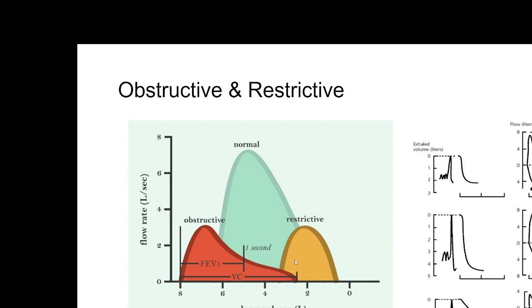The rate of respiration in case of obstructive pathology will be more, whereas in restrictive pathology the rate of respiration may not be increased to the same extent. The volume and the time taken for the expiration in case of the restrictive pathology, there will always be a shortness of breath. The inspiration and the expiration will become rapid, whereas in case of obstructive pathology, inspiration is shorter, expiration takes more long. Accessory respiratory muscles are always in activity or more severe activity in restrictive pathology than the obstructive pathology. That's how you can make out. Or on auscultation, in the obstructive pathology, you can make out that phase of expiration which is prolonged.